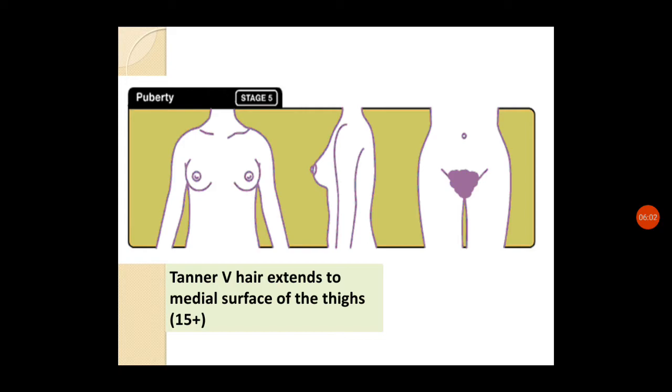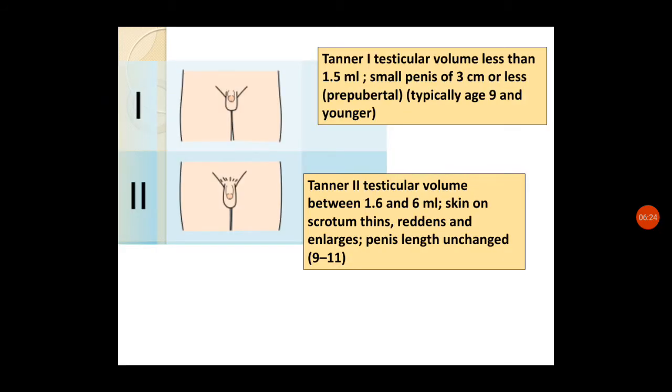secondary sexual characteristics, like the sequence of development and the stages of development, and we can see the breast changes and the hair changes will be evaluated during this classification. So next we can see Tanner staging in males. Similarly, the Tanner staging is done in males also, and here the main quality which will be assessed is the penis and the scrotal sac.